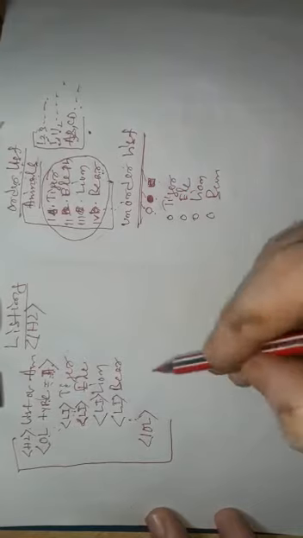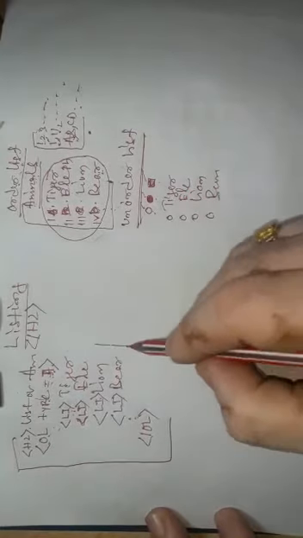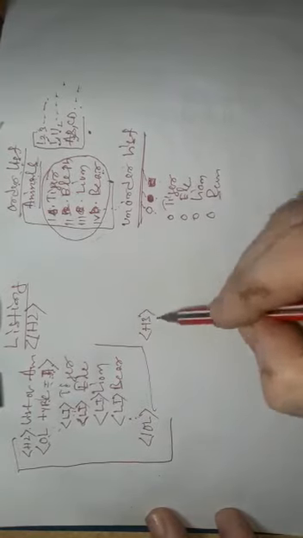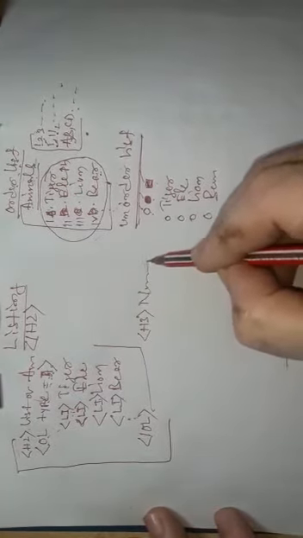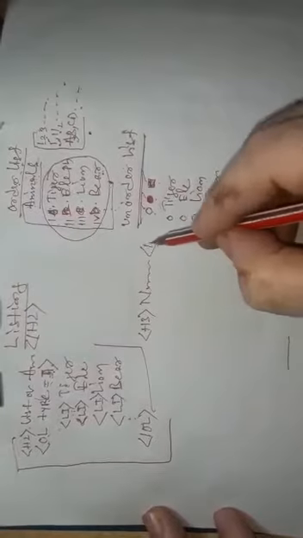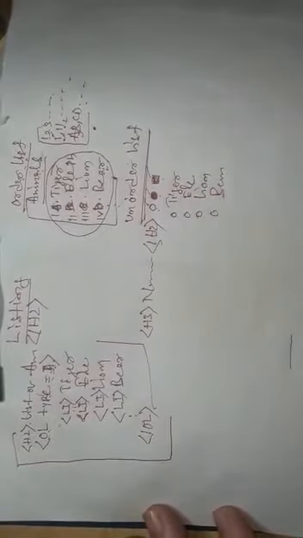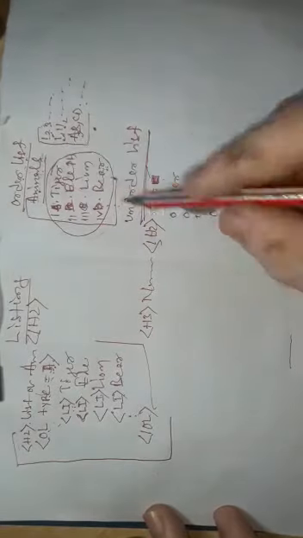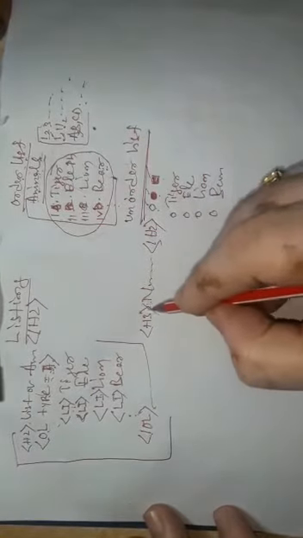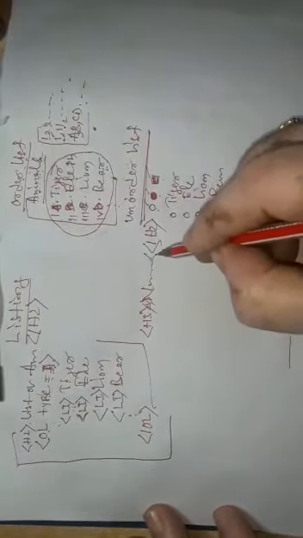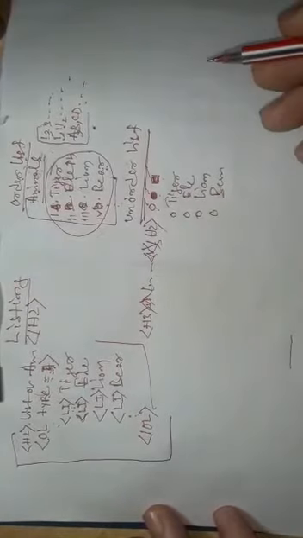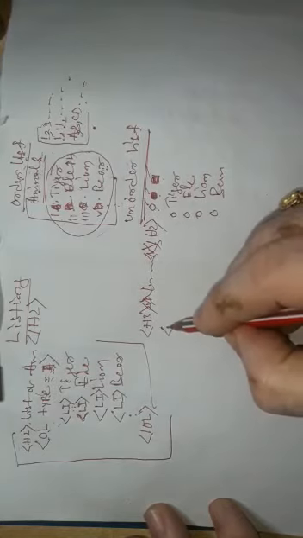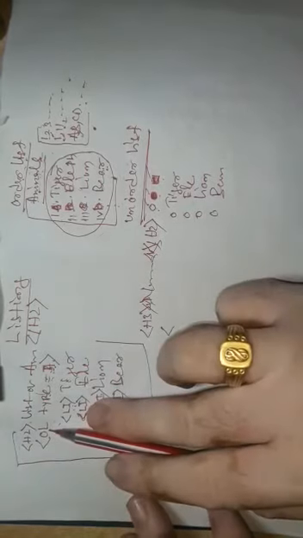So how can the program be done? I am doing it here. See, in the same way you can use H2 or H3, and you can give the name of the animal, and you can end H2 because it has to be a heading. And suppose you want to underline, as we underline here after writing this heading, you can use the U tag. Understood, students? You can use that also. The U tag will underline.